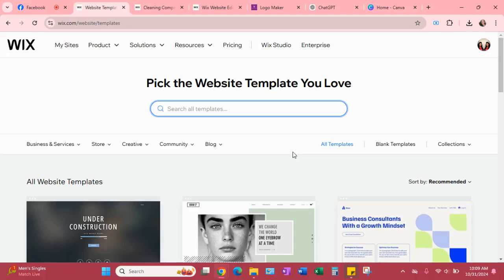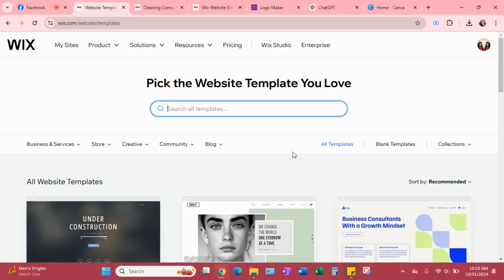I find it to be easier than most platforms. If you are wanting to start a web design business, I would definitely say start with something like Wix. Only because now they have all these templates and it's pretty much just like plug and play, if that makes sense. So, I would definitely start with something like Wix, Shopify, and